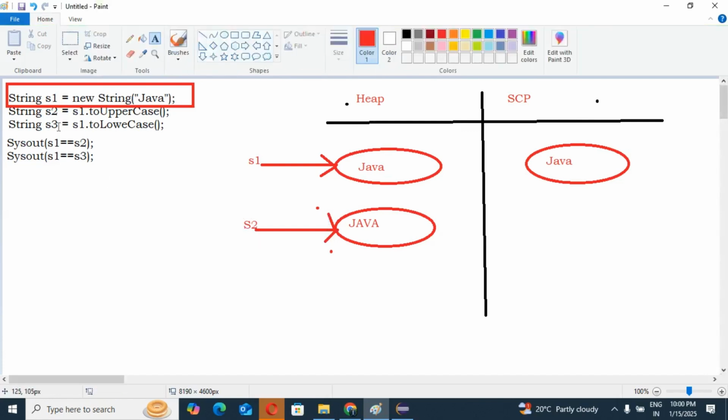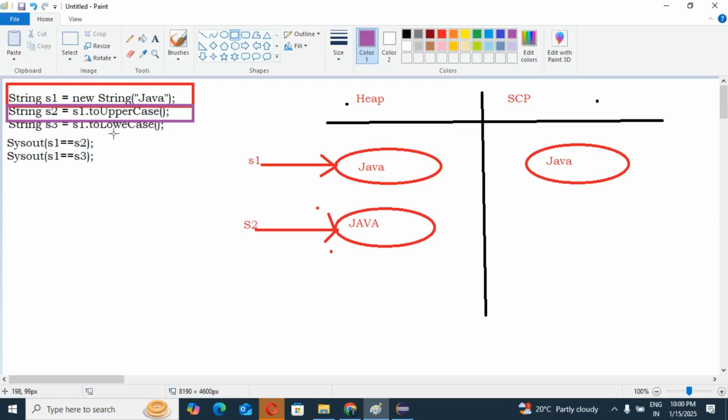So guys, see, this was our second line, correct? Now the third line you can see: String S3 equal to S1 dot toLowerCase. On runtime, we are going to change its content or not?